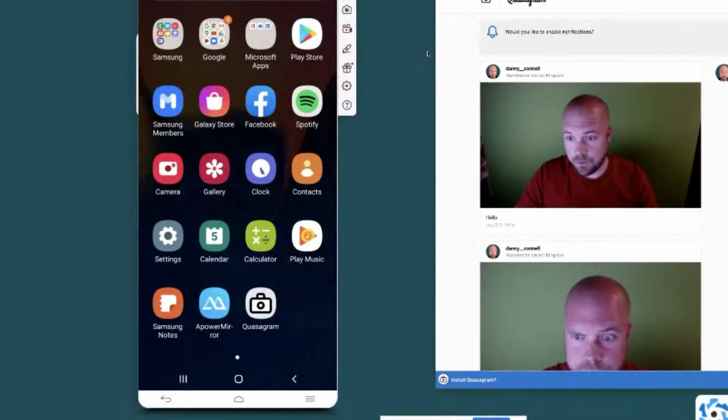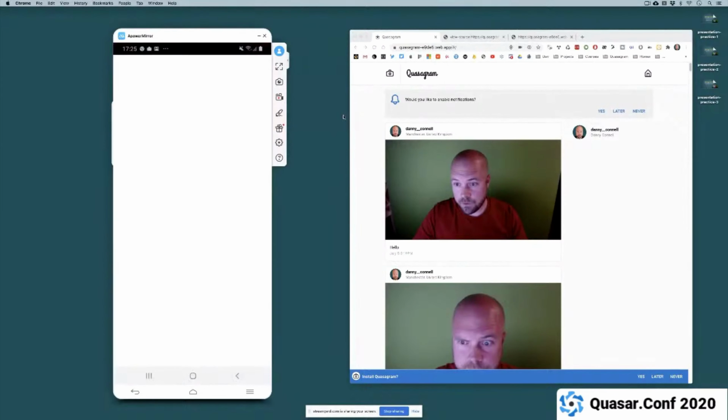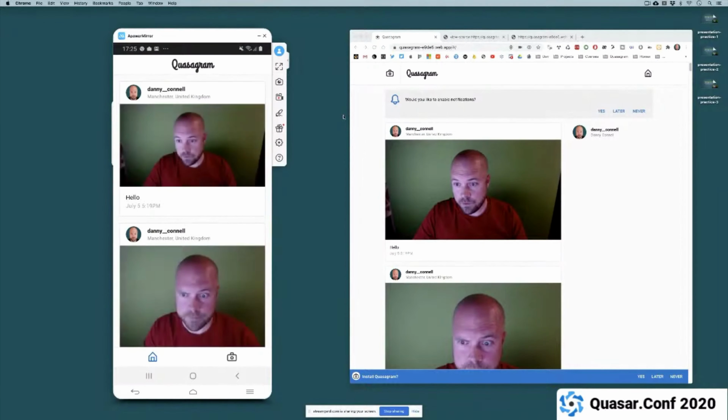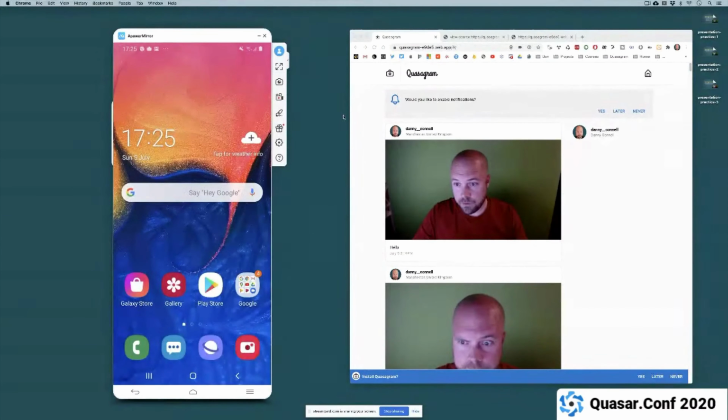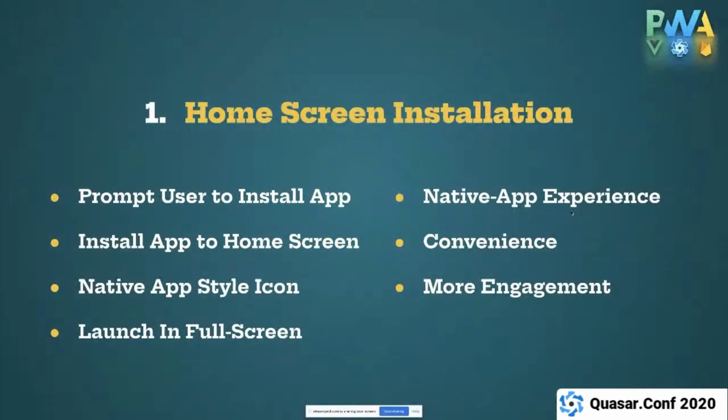We can see our nice icon. And if we launch it with this icon, we see a nice little splash screen with a message on it. And then it launches the app in full screen with no browser Chrome. So home screen installation, fairly straightforward. So let's jump to the next one, which is